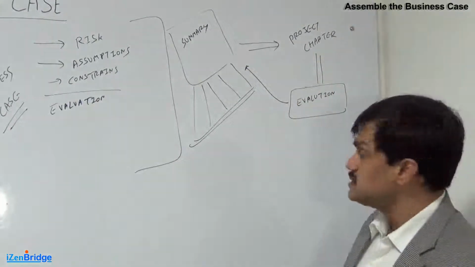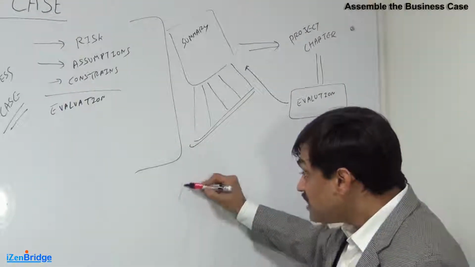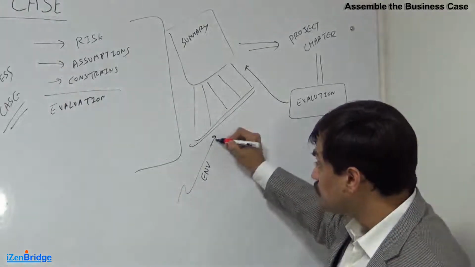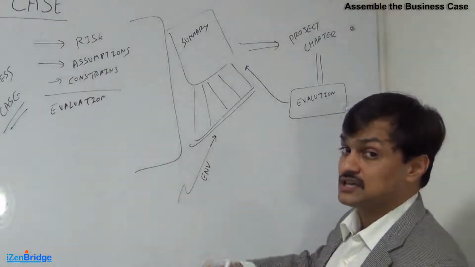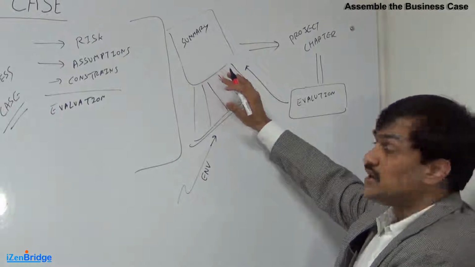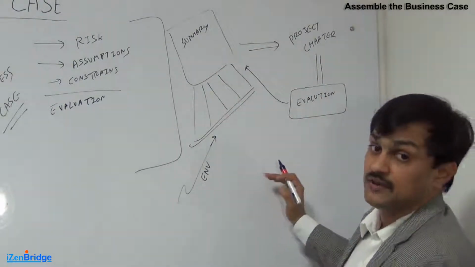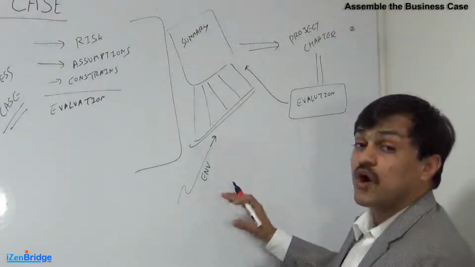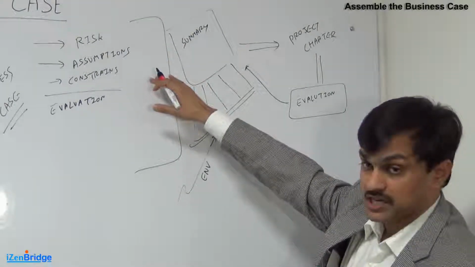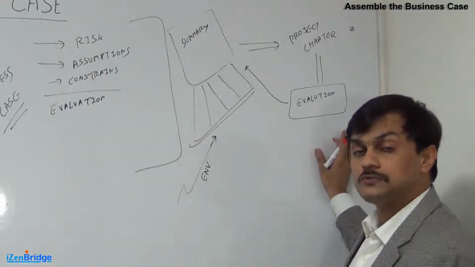The other factor is that this business case is not static. While we are developing the solution, the environment may put a few challenges or may come up with some opportunity which may change this particular business case. It's not like once we have decided that we would be working on PMI PBA, we have to just finish it. It may happen that when we are midway we see that the environment has drastically changed from the point where we started this particular project and the business case is no more valid, we may stop working on this particular project.